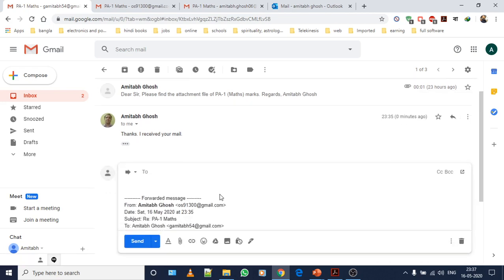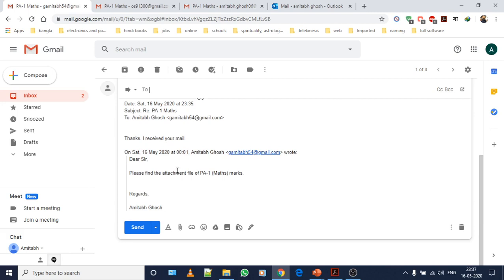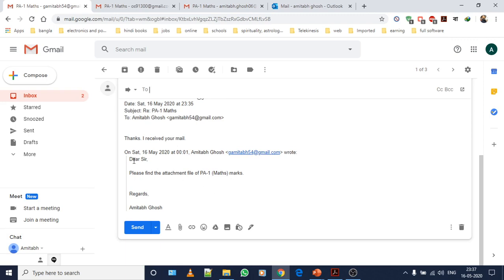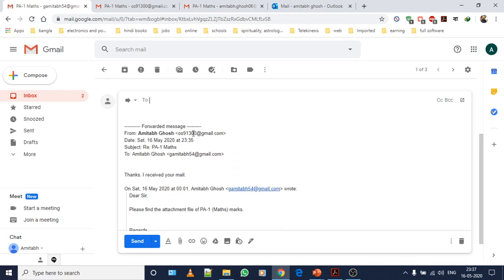Now when you click on forward, you notice that before you send the mail, you will check from where this mail comes. If you scroll down, it will show you that G Amita 54, which is this ID, has sent a mail, and in response OS 91300, which one, this one, has replied to this message.